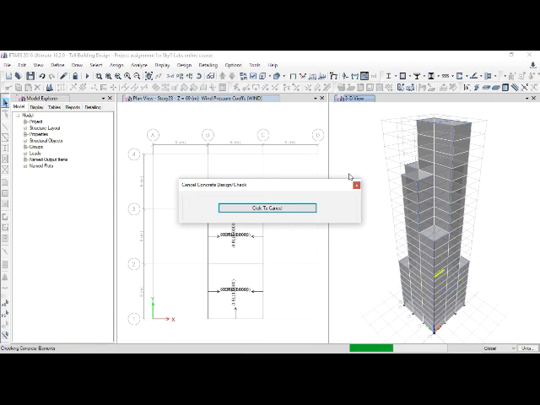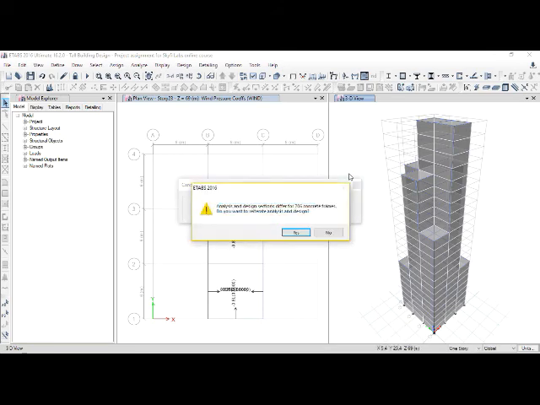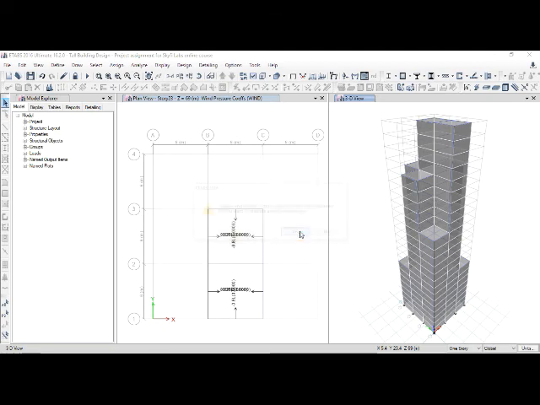So now the concrete elements have been checked. Now you can see that the tab is giving information that 706 concrete members have failed and we have to reiterate the design. So we'll reiterate it. We'll check for the next higher section.